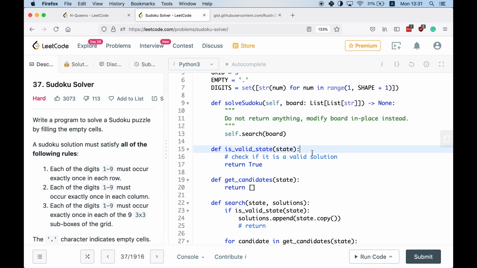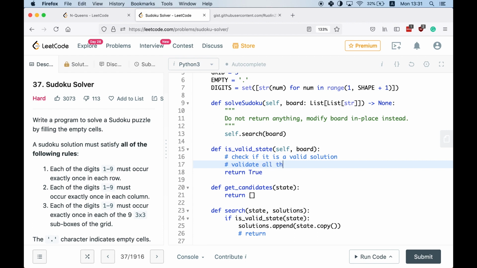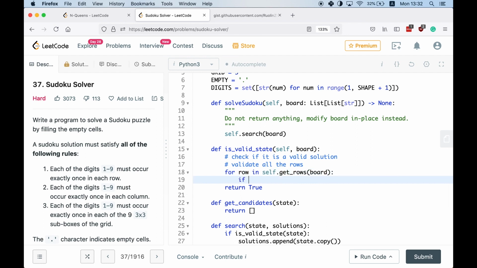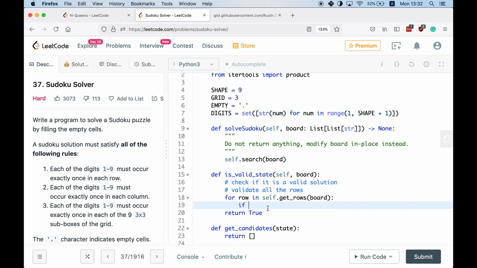Great. So let's start by writing the isValidState function. It should take self and the board and check if the board is a valid solution. So let's validate all the rows first. For rows, I'm going to define some helper function later down. So let's do first self.getRows, which returns each row of the board one by one. If my row is equivalent to all the digits, then it's a valid row. Otherwise, it's an invalid row and the entire board is not valid. If not set(row) is equal to self.digits,